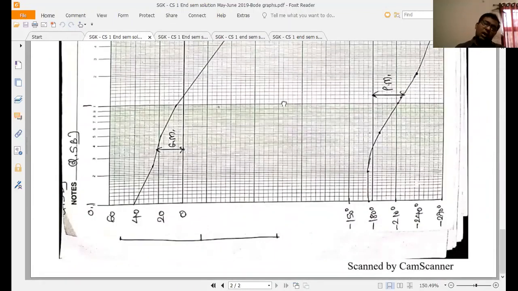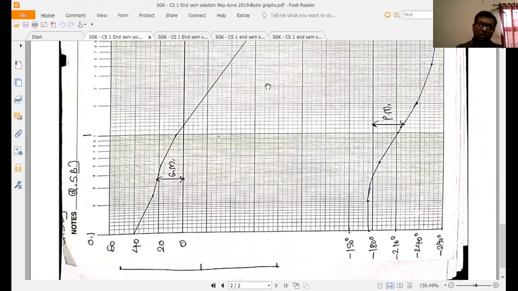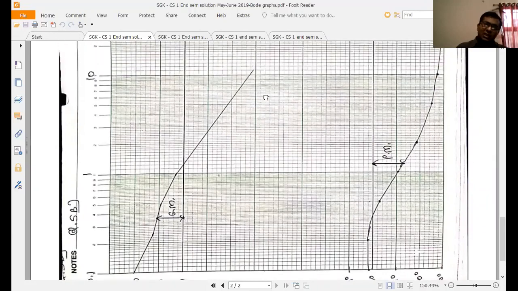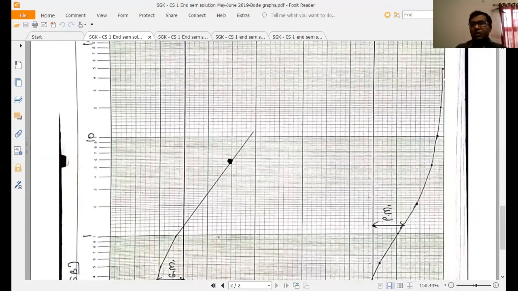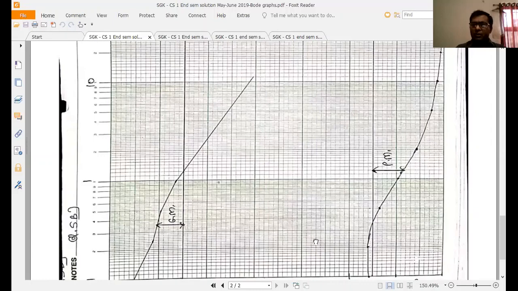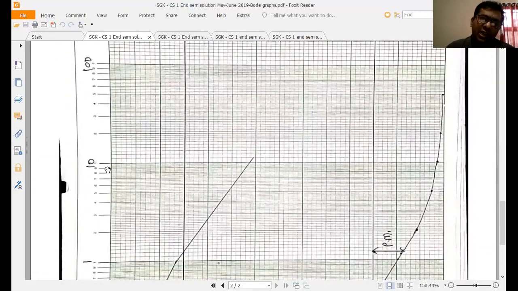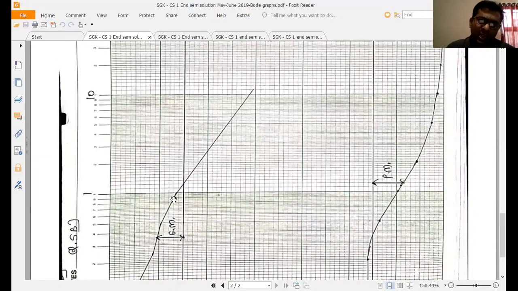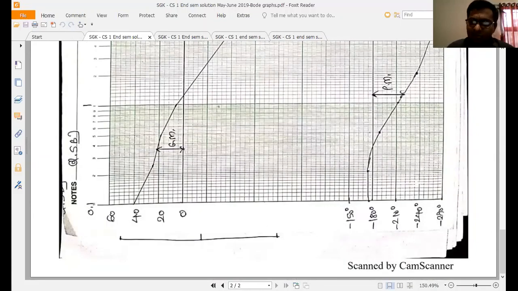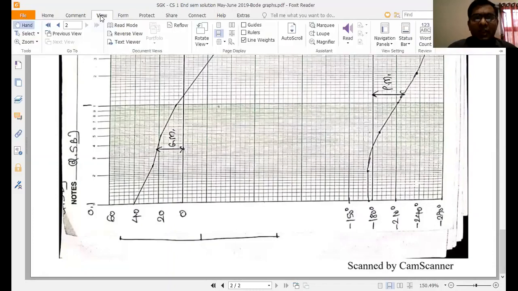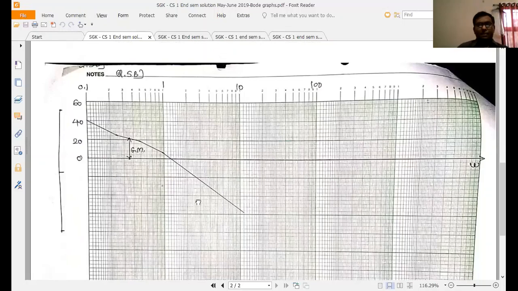Now I have this plot. I have shared this plot also with you. You should have it with you. So if you can see in this plot, at least for the phase plot, there should not be any confusion, right? It is just the scale. These are the frequencies: 0.1, 1, 10, 100. These are the frequencies here on the x-axis, and this is the y-axis. Let me try to rotate this if I can. Okay, so it will be a little bit easier to see.